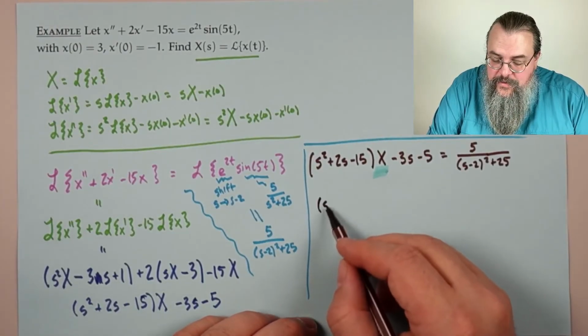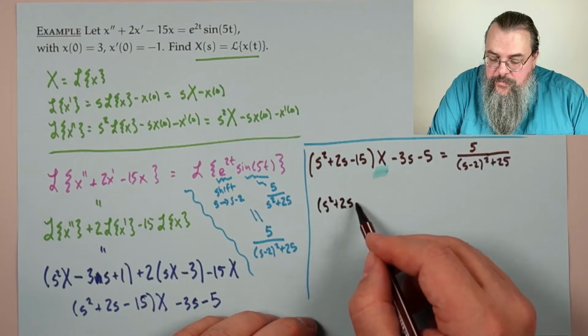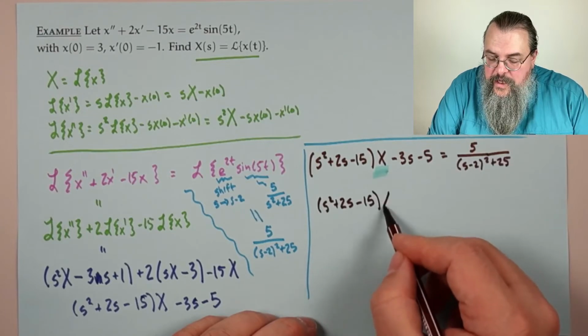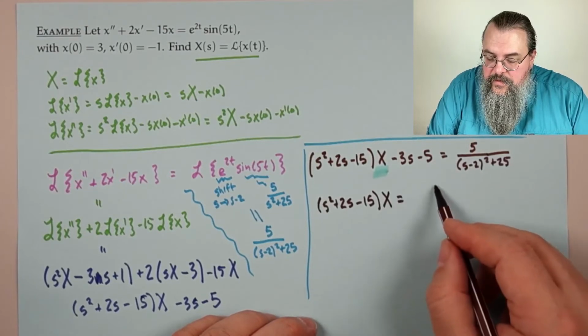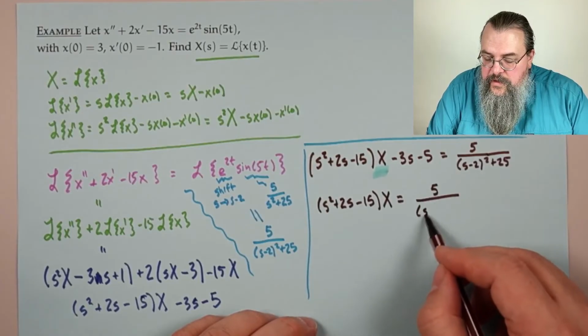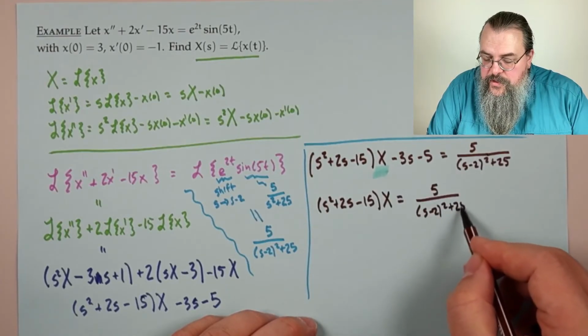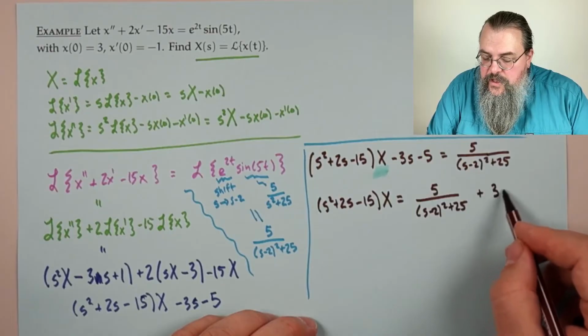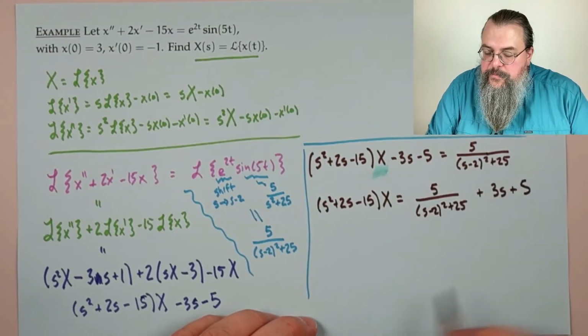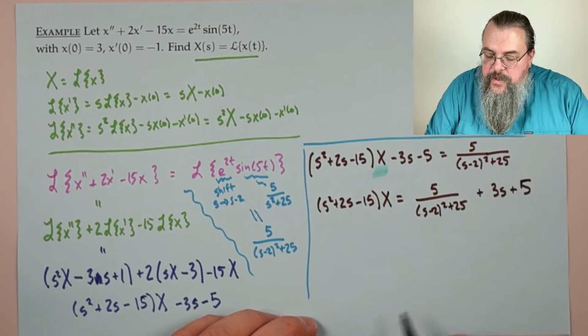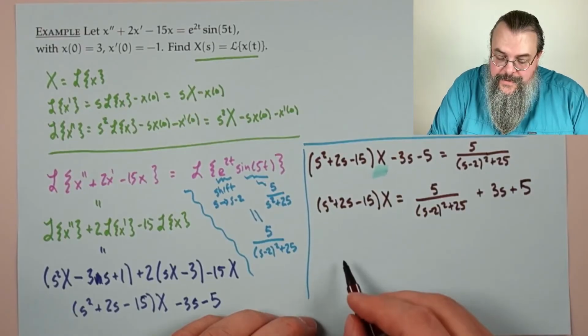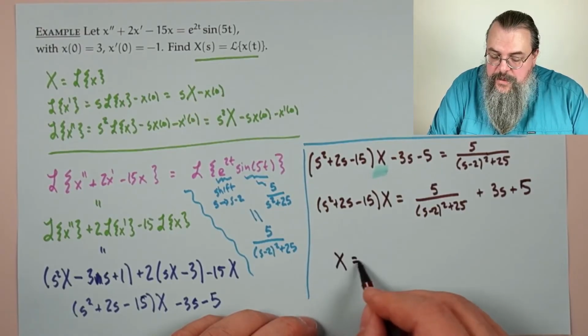We can say s squared plus 2s minus 15 times X. Well, that's 5 over (s minus 2) squared plus 25, plus 3s plus 5. That's a 5 there. And now divide. So capital X is equal to